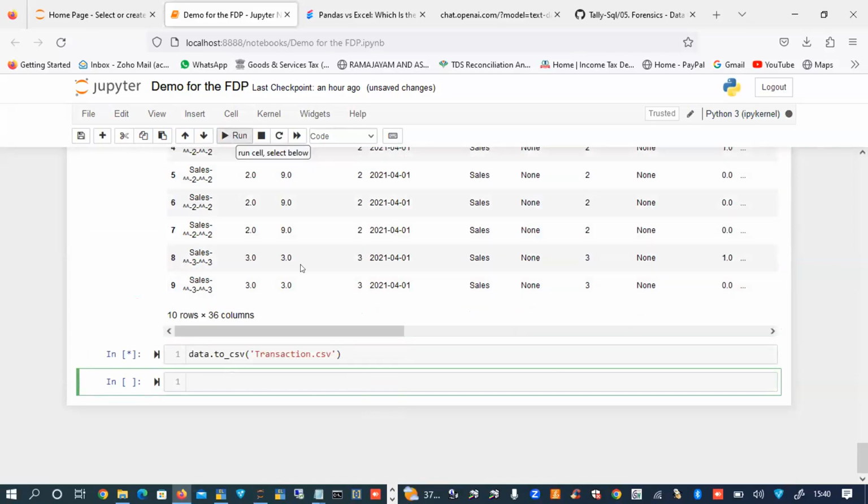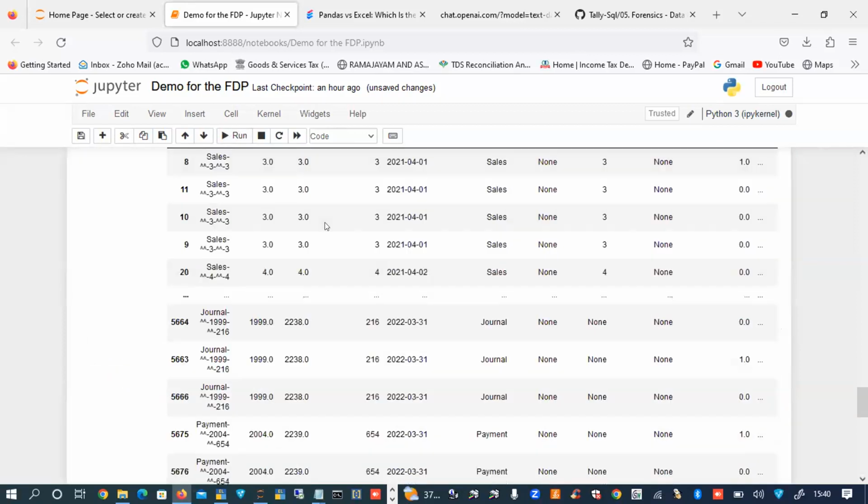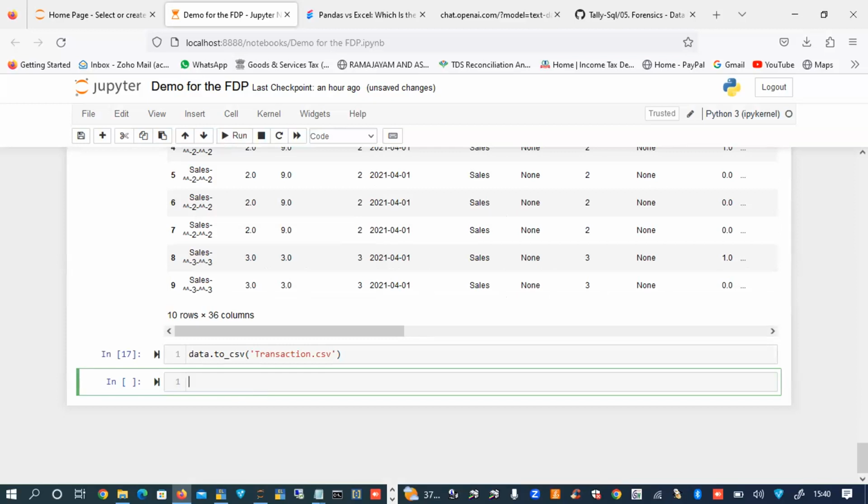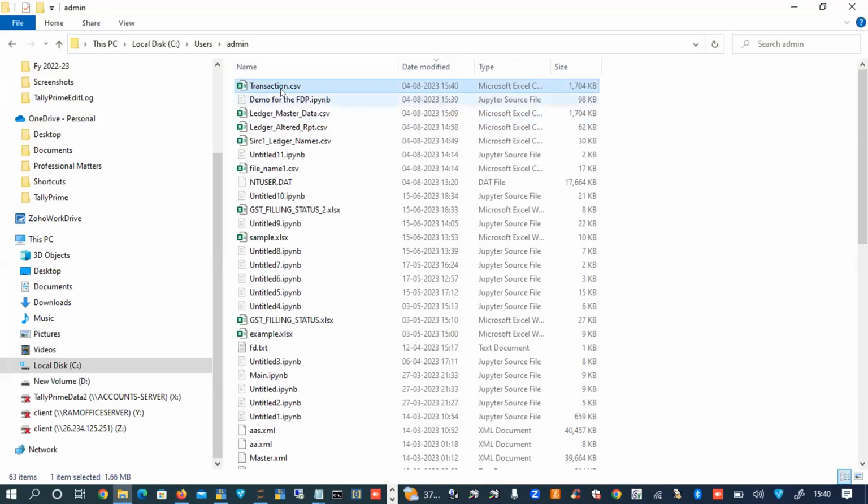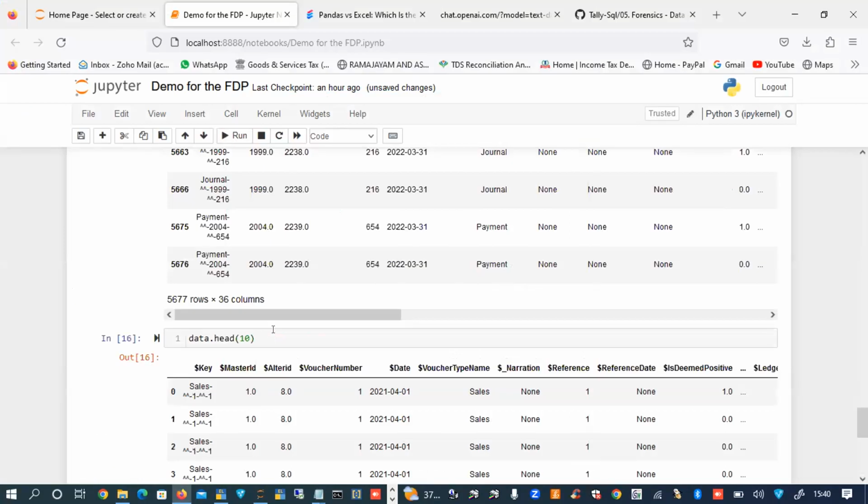Let's assume in this place we did all the data manipulation and data analysis. So this will save the data back into a different file. So you can utilize the various cells inside this Jupyter in order to do a specific function.